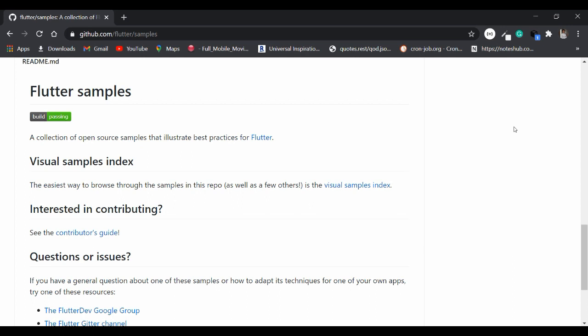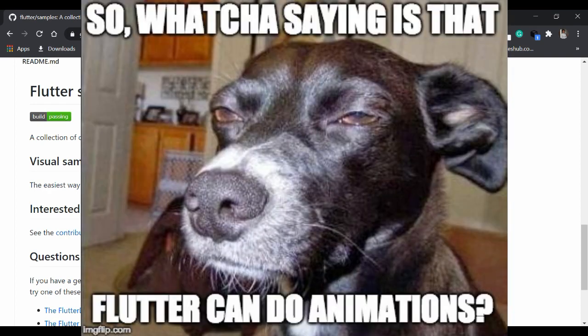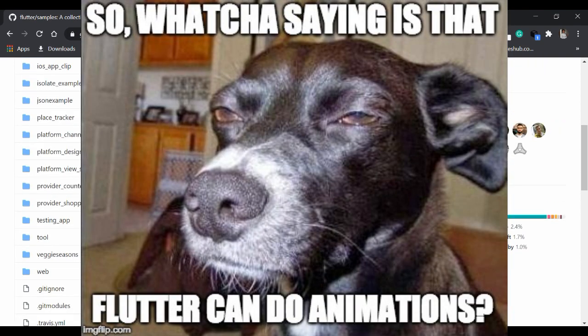That's why we should consider these samples, including the Flutter samples, which are maintained by people working at Google right now. These are the authorized samples, and we also have a visual samples index in which you can go through the samples by their images, and if you find some sample interesting, you can try it. Another example of Flutter samples is the animations example, to which we will contribute in this video. Most people struggle with animations in Flutter, because some people find it fascinating, but some struggle with how it's going to work.